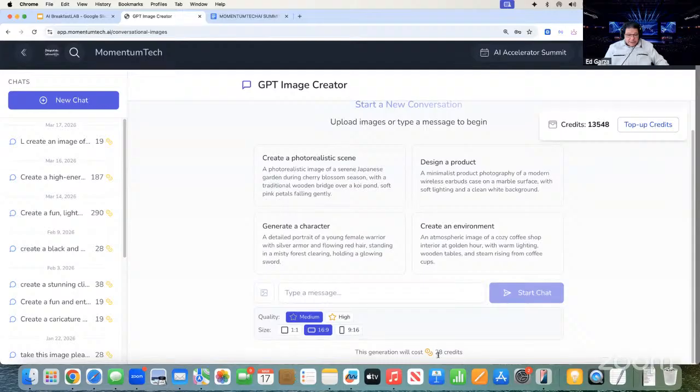You can see there's credits down here. The generation of the image will cost 28 credits, which is very minimalistic. It's definitely almost nothing, but it does cost. It's not low enough yet where we can give it to you for free, because it's using higher technology. When it becomes low enough, yeah, you bet we will.